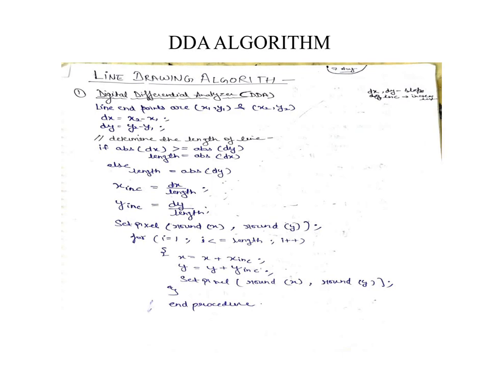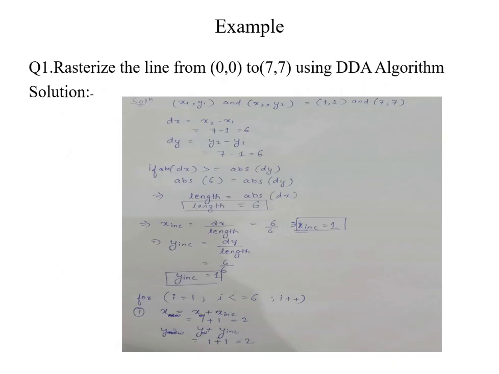program, main loop. Decide the number of steps or number of points in a line. So the for loop is i equal to 1, i less than or equal to the length, and length value is 6. The next point is decided: x new equal to x old plus x increment, where x old means the previous value of point x, that is x1, that is 1, and x increment is 1. 1 plus 1 equal to 2, and y new equal to similarly y old plus y increment.